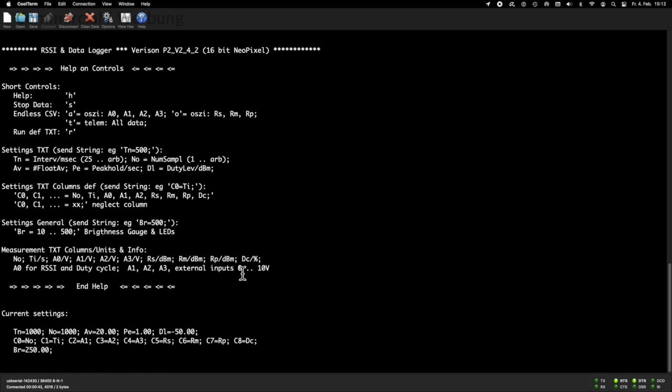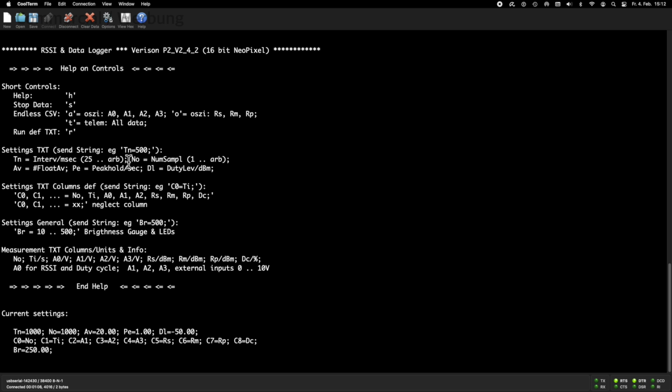We want to adjust the measurement interval Tn to 10 seconds. The help menu tells us that we can adjust Tn between 25 and an arbitrary integer number in milliseconds. Of course, 10 seconds is 10,000 milliseconds.